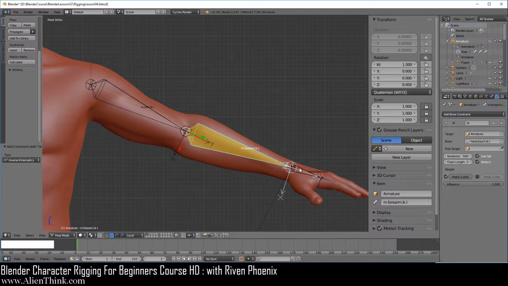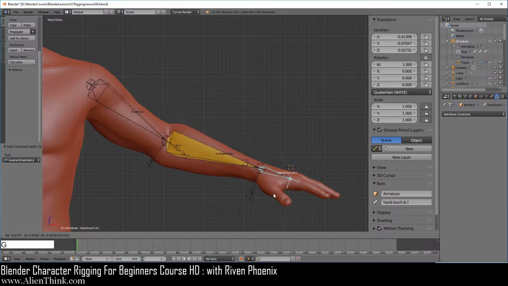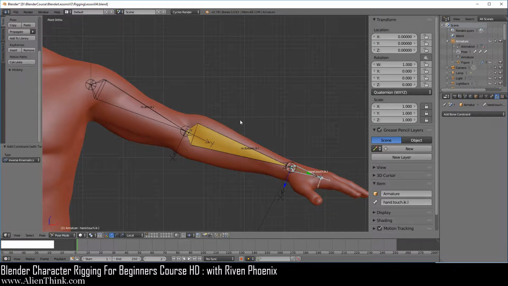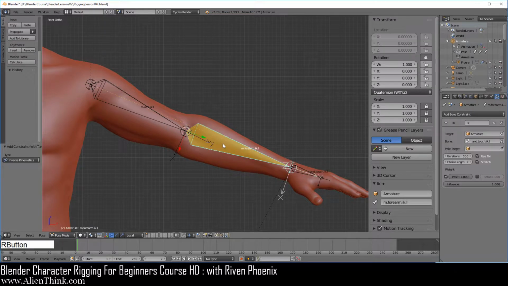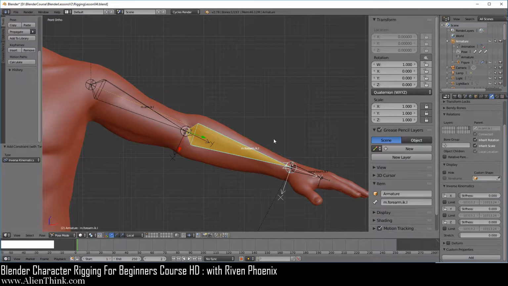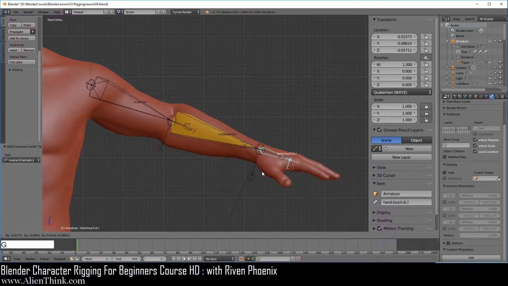So now when you click over here and press the G key, you will see that the IK system is starting to work. Now of course it's not going to work out of the box, so you still have to click over here, and in this case we have to go to the bone tab, and again here we're going to say that we only want this bone to rotate around the x-axis, so go ahead and lock the Y and Z.